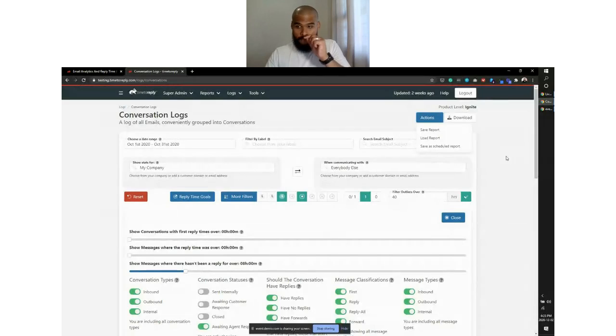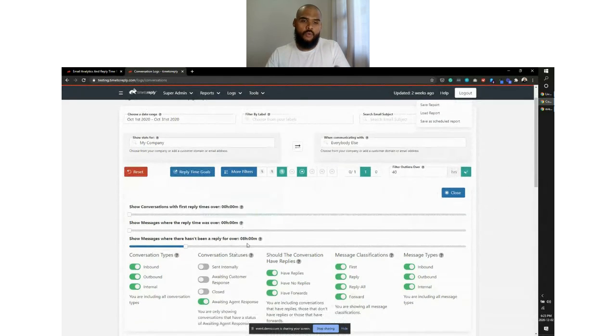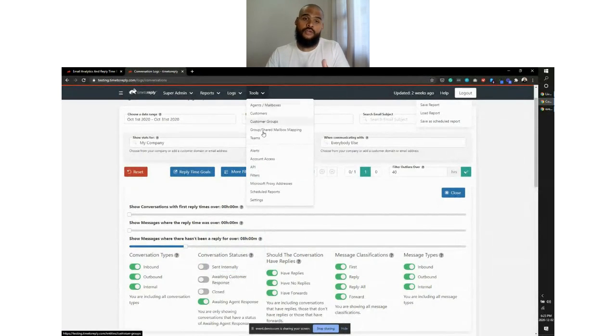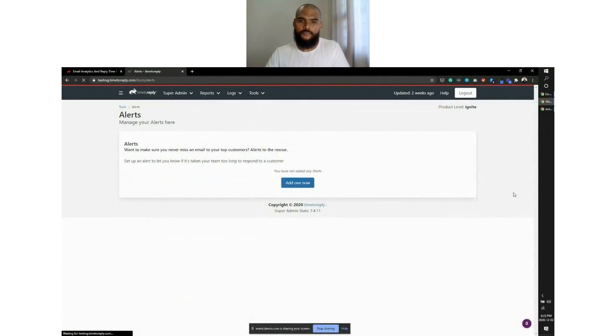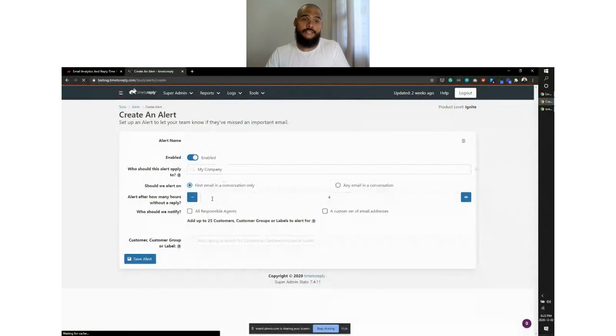We are right on the verge, and I'm very excited to announce this, right on the verge of launching our real-time alerts. I expect that we should have it live by next week, which will allow you to set an alert to receive a notification as soon as there's even one email that is meeting one of these reply time triggers. All right, so the way that's going to work is that you're going to be able to come into your tools area and actually configure your alert to say,